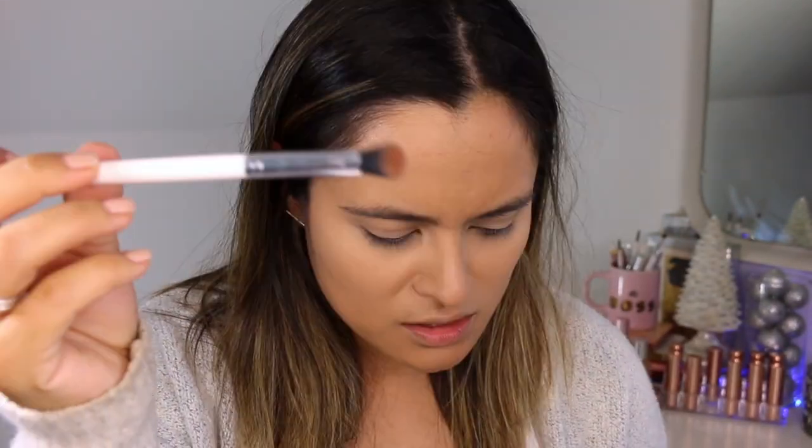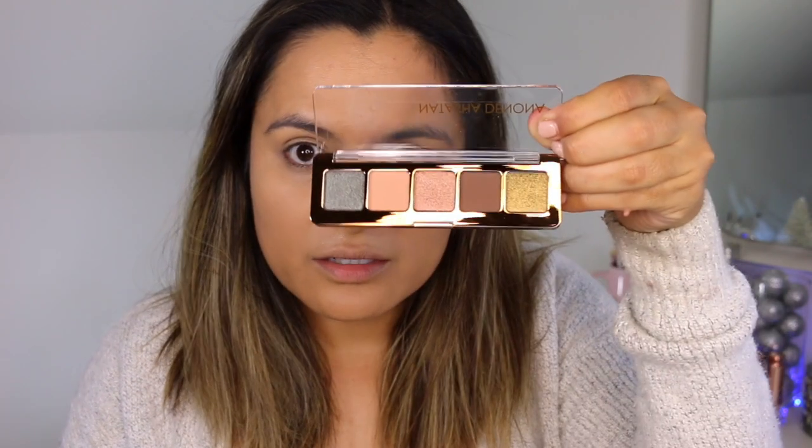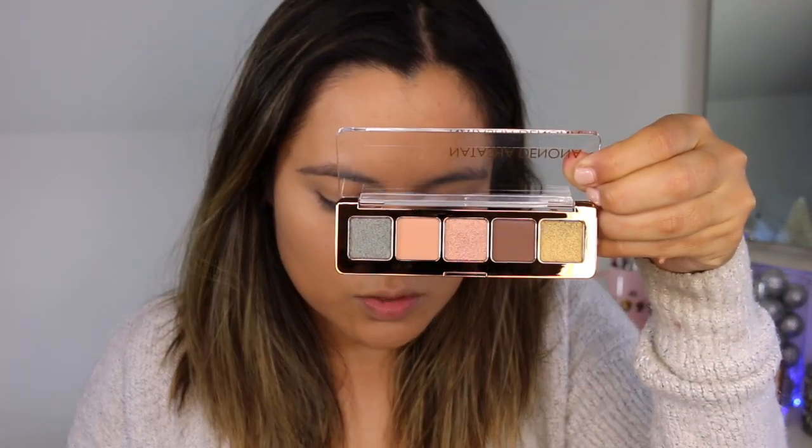I've been really loving this ColourPop brush. I think I ordered an additional set of these from ColourPop just recently for Cyber Monday. We're gonna be dipping into this palette here. Isn't she a beaut? There is no brow shader, so I dug into my pile of stuff and I found